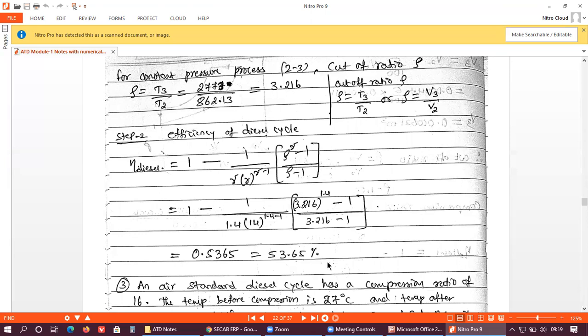Now take the calculator, all of you, substitute all the values or form the equation as it is, as you can see on your screen. Please operate your calculator and try to get the final answer as 0.52365, because as you can see here there are a lot of indices, 1.4, 1.4 minus 1. So the theory of indices, a raised to n m, is needed. So operate the calculators properly.